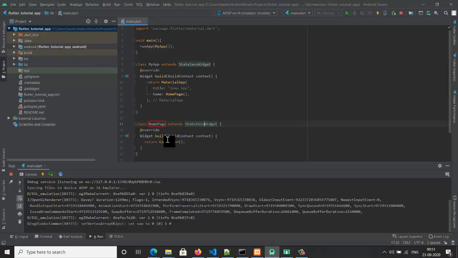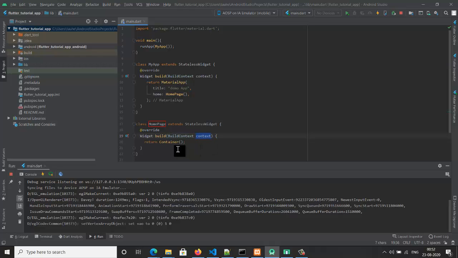For the creation, we have to override the build method. The build method is not going to do anything, but it will return a widget. Here you can see the return type is Widget. So this build method will return us a widget. What type of widget? Whatever widget we define. A widget is nothing but a design component. So what we have to pass is the constructor, like build, BuildContext context.